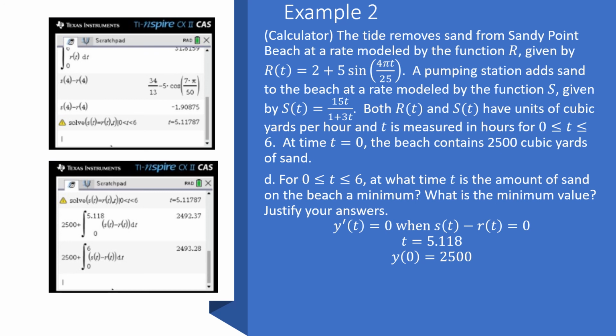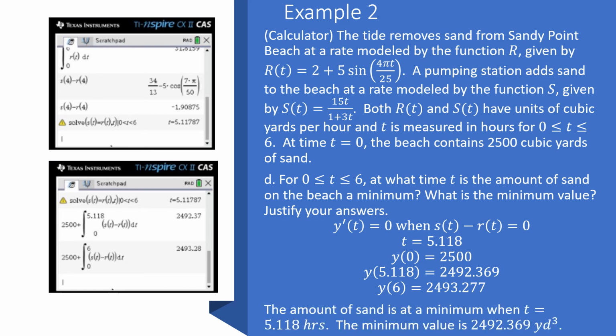I did both of those in my calculator, and I got y of 5.118 is 2492.369, and then y of 6 is 2493.277. Now, because they're asking for minimum, I want the absolute lowest number here. And so the amount of sand is at a minimum at t equals 5.118 hours. And that minimum value, the lowest value I had, is